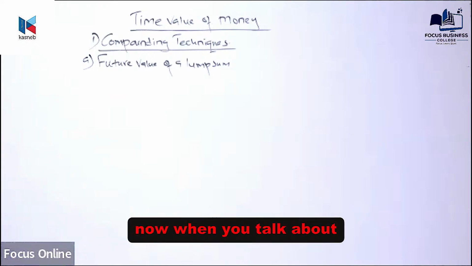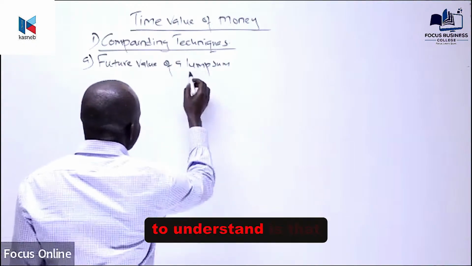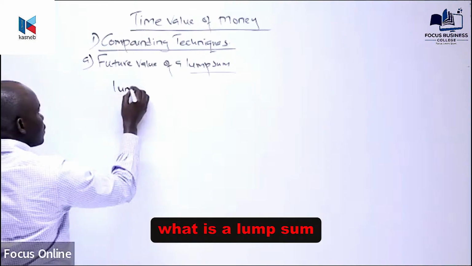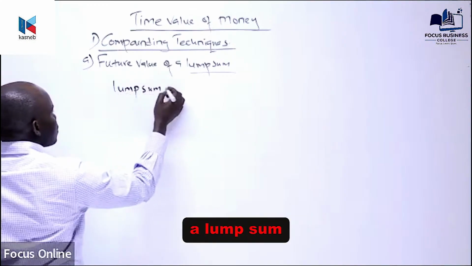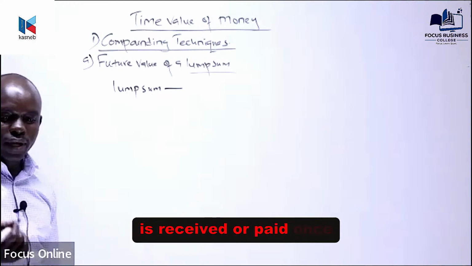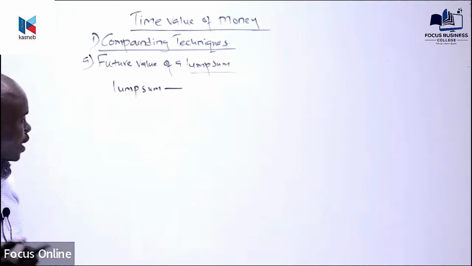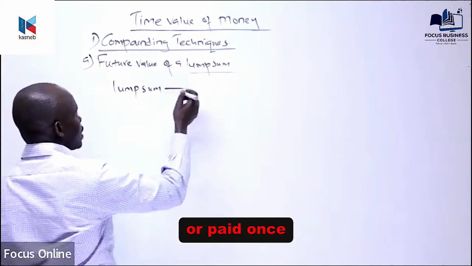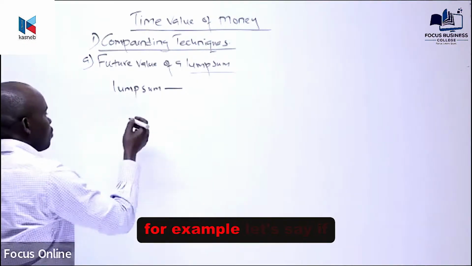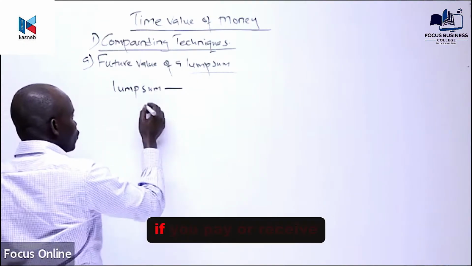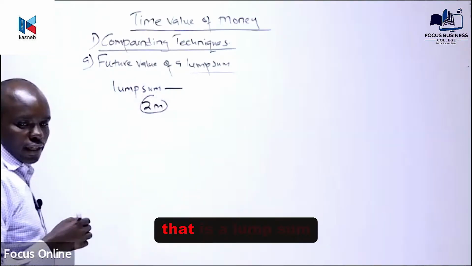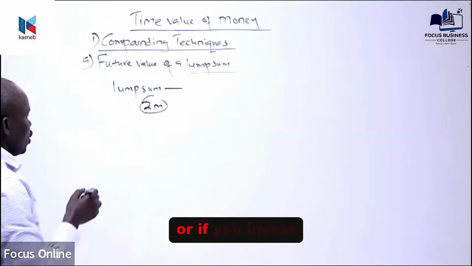Now, the most important thing here to understand is what is a lump sum? A lump sum is an amount that is received or paid once. For example, let's say if you pay or receive 2 million shillings today, that is a lump sum. Or if you invest,